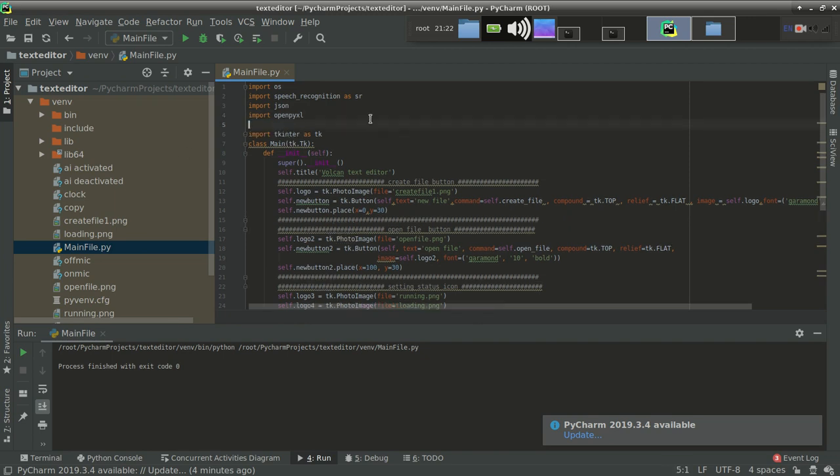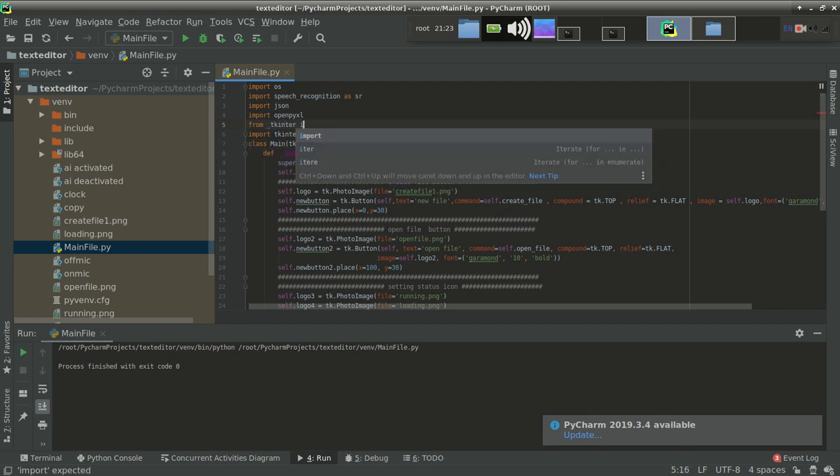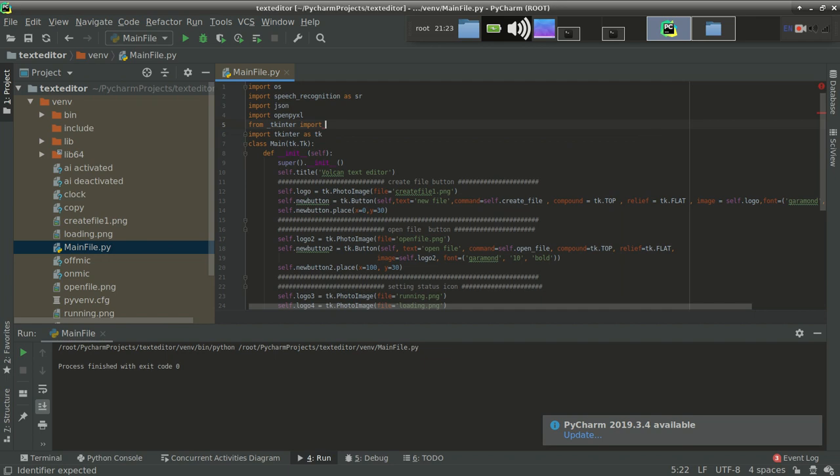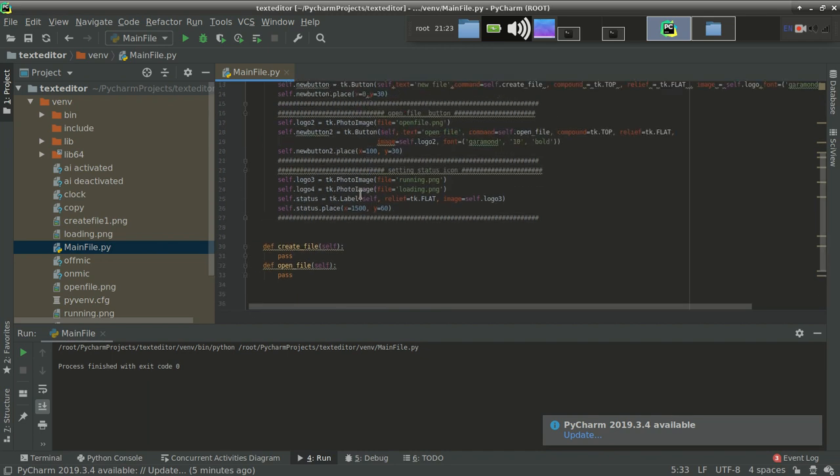It should be imported externally, not with printer, meaning after importing printer you can't use scroll text directly. So let's write from printer import scroll text. Yeah, that was the bug, because of that it was not suggesting the word scroll text. So we have imported scroll text, let's use it over here.